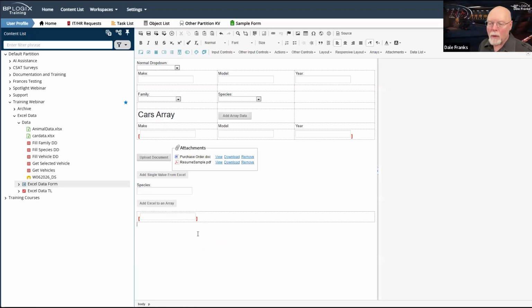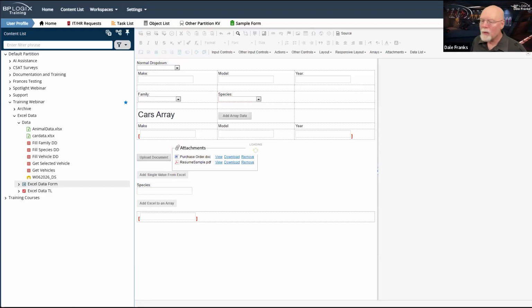So what we're going to do, like I said, is we are going to upload an Excel file. And then we're going to invoke a custom task to take data out of that Excel file that's used as a file attachment. We're going to add it to this field. And then we're going to do the same kind of thing, but we're going to add it to an array. So let's go ahead and save and close our form.